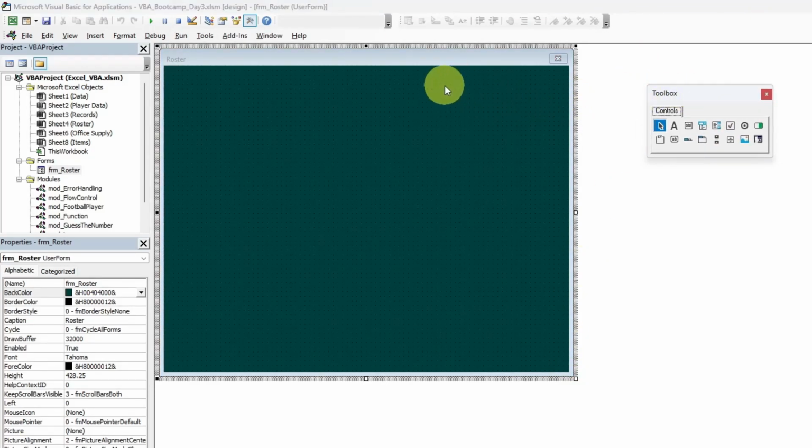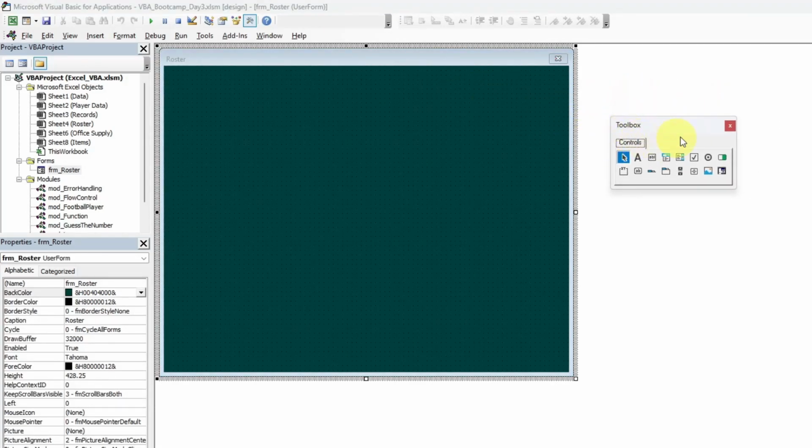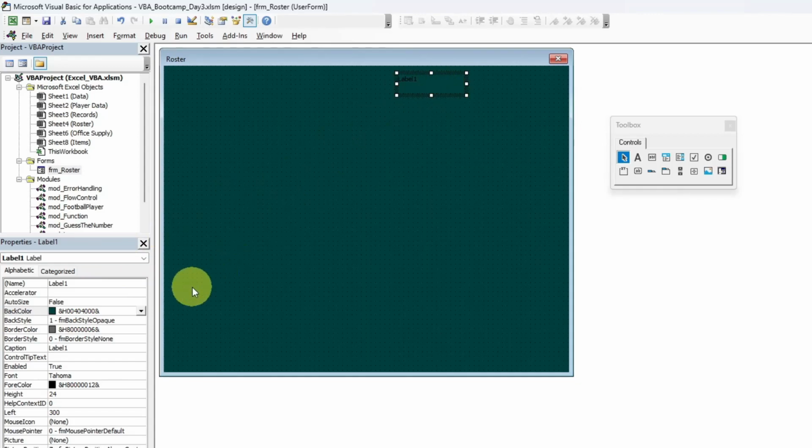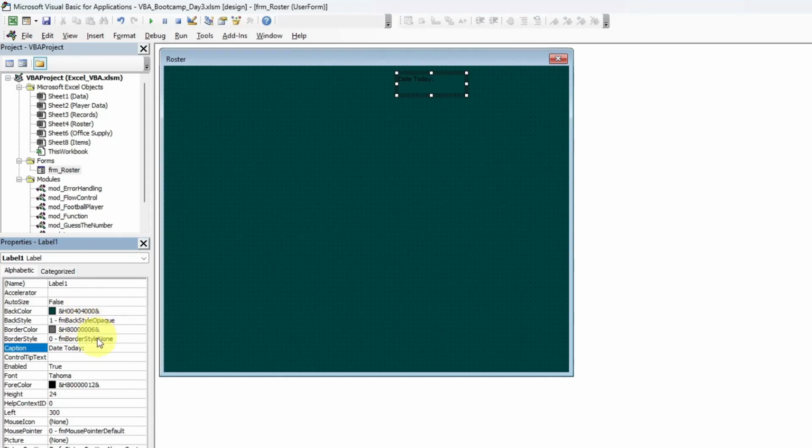So we want to show the current date based on the system date here in the user form using a label control. So just look for your toolbox and then look for the label control, and then we can draw a label here, and then we can change the caption to "Today",